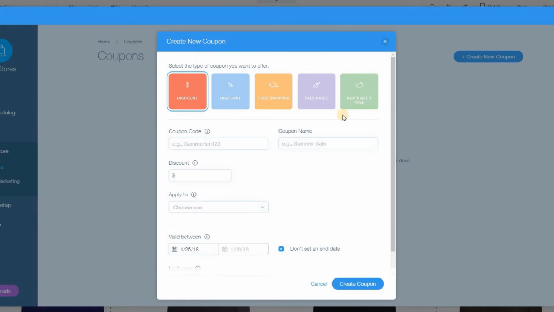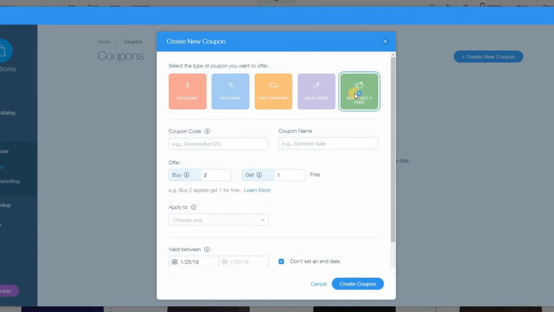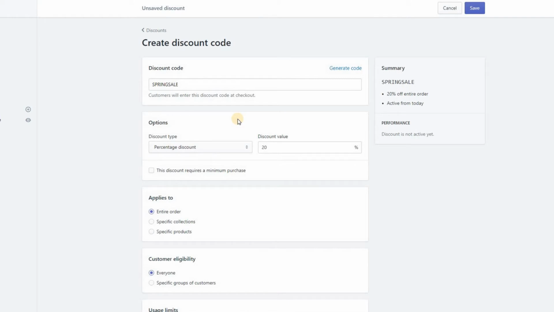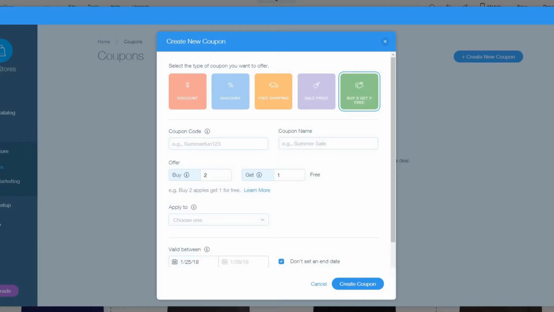So actually, when we look at it, Wix has a few more options here. So they have like a sale price. You can actually do that with Shopify. But buy X, get Y free, that's actually not included with Shopify, but you can figure that out just by doing maybe a percentage discount. But for now, Wix actually looks like it might stand out where you create the coupon